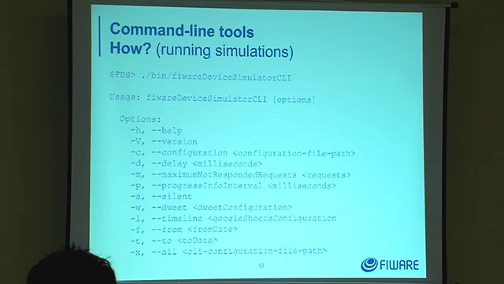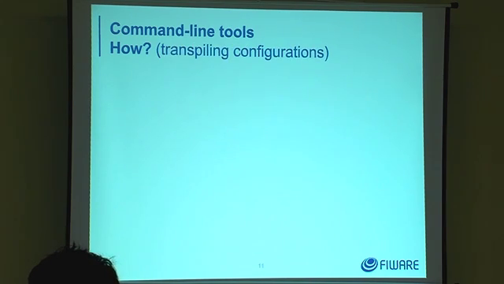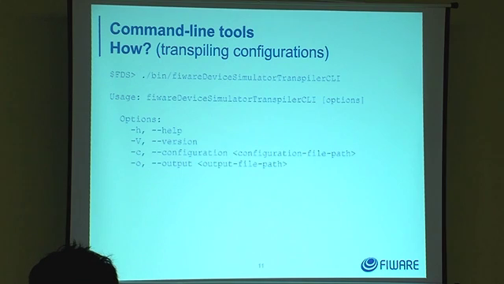The other ones are mostly related to the fast-forward mode and also to the simulation visualization I was talking about at the beginning. The other tool is just a helper tool, as you can see on the screen, to be able to transpile